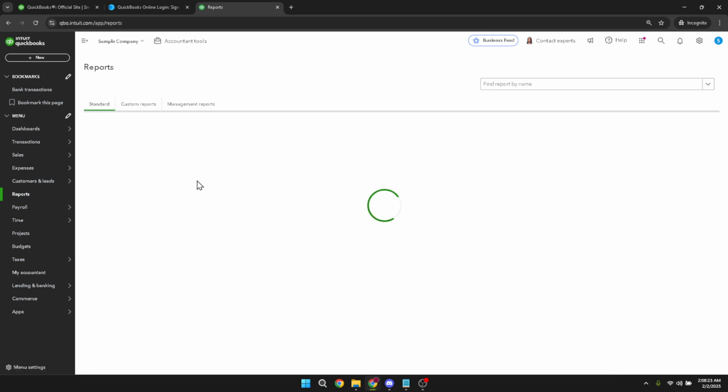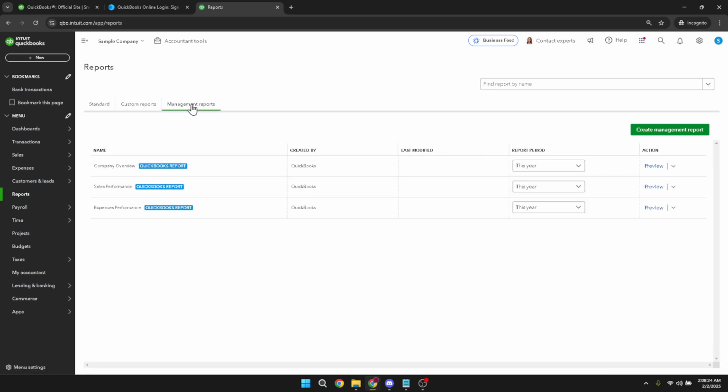This moves you into a more focused area of reports straight out of your data. It's where you get valuable insights and detailed analytics on sales, expenses, and more. In the Management Reports section, you will see an option labeled Sales Performance.